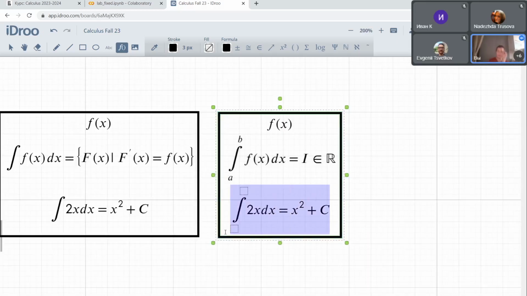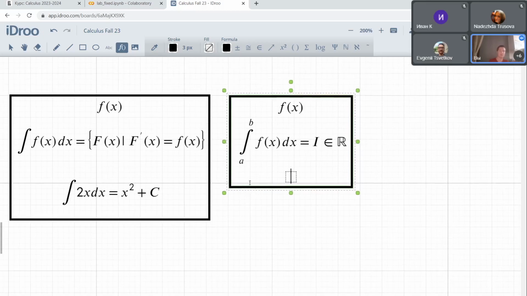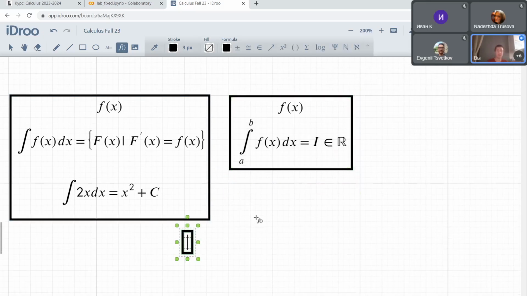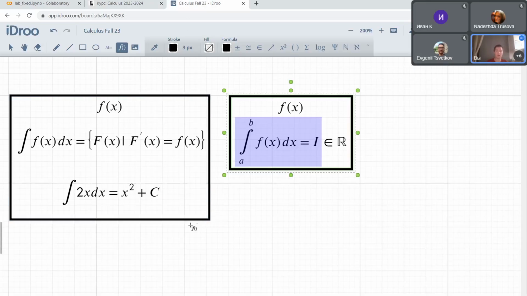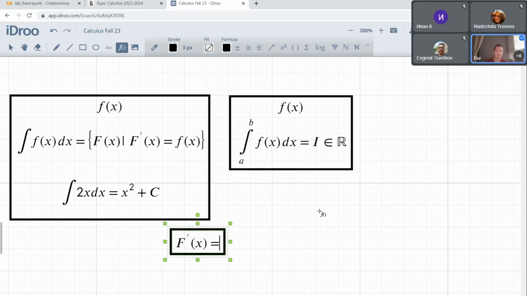So what's the link? Why do we use the same word, integral, for this construction? Because we have a theorem, the FTC, the Fundamental Theorem of Calculus. It tells us that if you know that big F is an antiderivative of little f, which means that the derivative of big F equals little f,